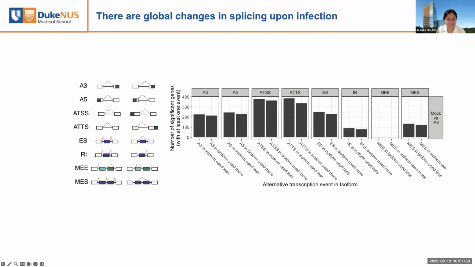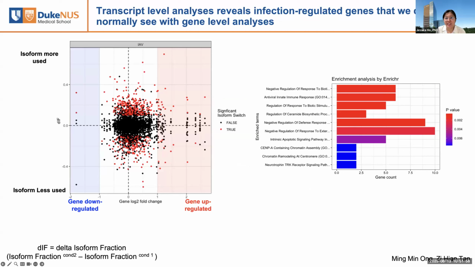If we dive deeper into the data, we find that genes that were changing most in transcript usage were not necessarily correlated with gene expression. In this graph, the x-axis shows you gene expression. In this half of the graph, this is highly expressed, and this is significantly downregulated with infection. The y-axis shows you the level of changes in isoform usage between infection and mock. And the red dots represent transcripts that show significant